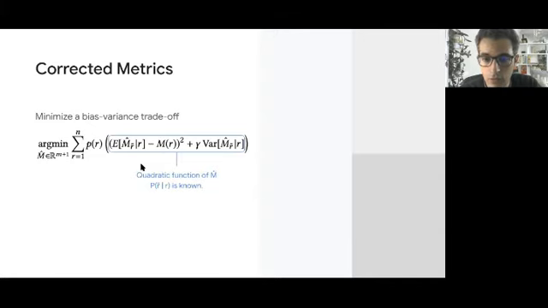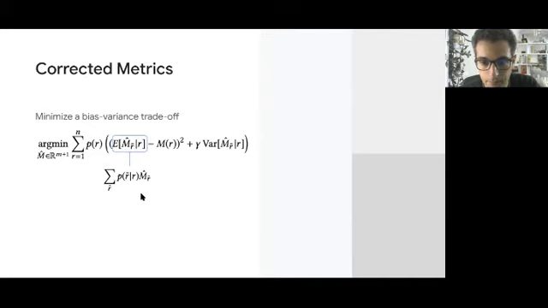Next, we want to choose the vector that minimizes this objective, which is a linear combination of squared bias plus variance. As a function of the vector m hat, this is a quadratic function, which makes this problem easy to solve. For example, the expectation term is given by this expression, where we saw earlier that the probability of r tilde given r is given in closed form. So this is a binomial distribution with known parameters. And the same applies to the variance term.